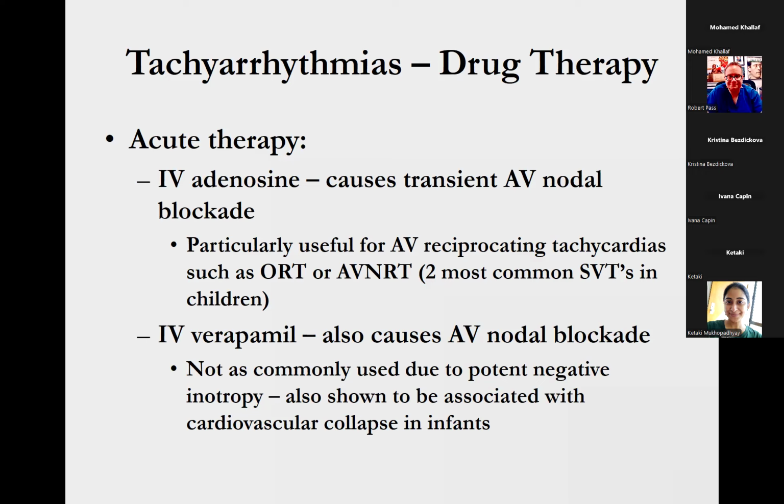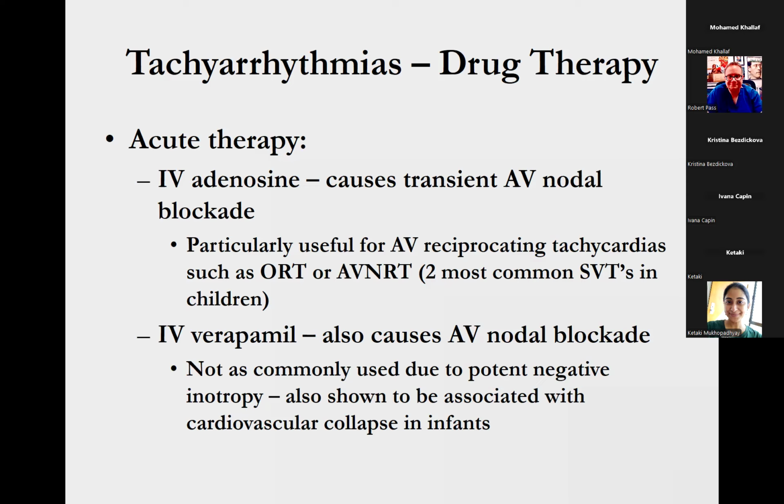And so that's an important point. So we don't use verapamil in children pretty much under 1 to 2 years of age. In retrospect, I think most people feel that probably if verapamil is administered very slowly, it might possibly be safe, even in infants. The problem with IV verapamil is it comes as a relatively concentrated IV solution, and so it's just very, very hard to deliver it slow enough that it doesn't cause hypotension in small children.